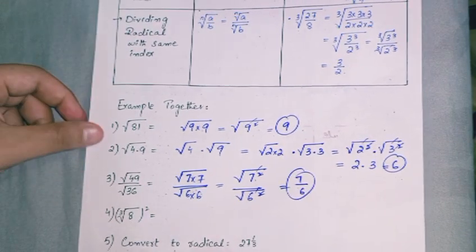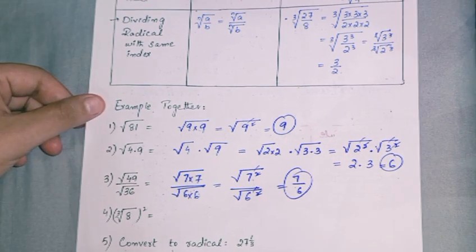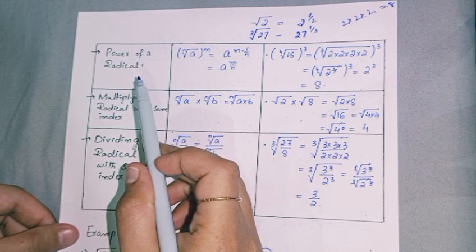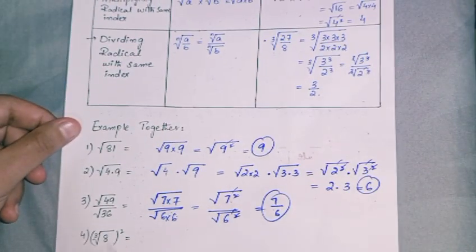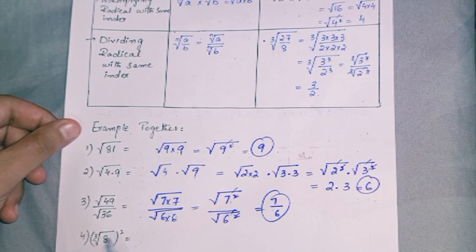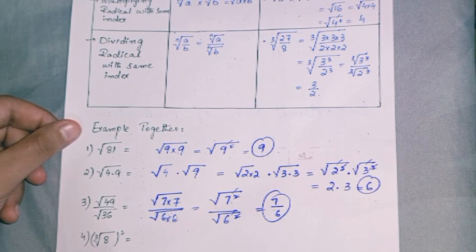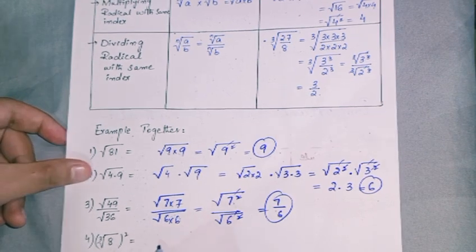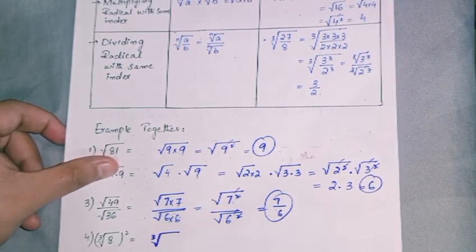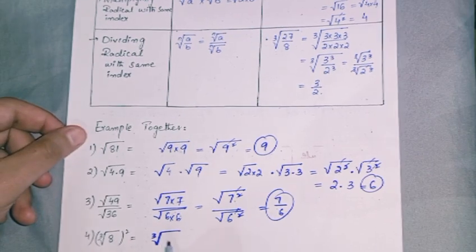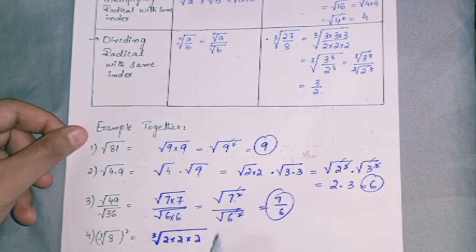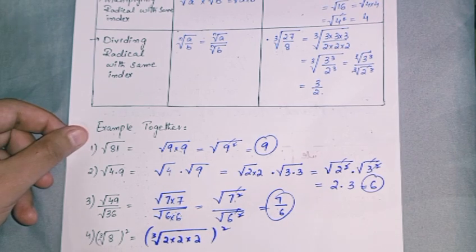What about this next example number 4? Let me show you which rule this is. You can see this one rule, power of a radical. This is the same rule as given in the example. It is having the index as 3 and 8. You have to take the factors of it, and it is having the whole power 2. So how to find it out? How to simplify it? For that you have to write the same as it is a cube root. But what about 8? What are the factors of 8? They are basically 3 times 2. So I'm going to write 2 into 2 into 2. And it is having the whole power, that is a square.